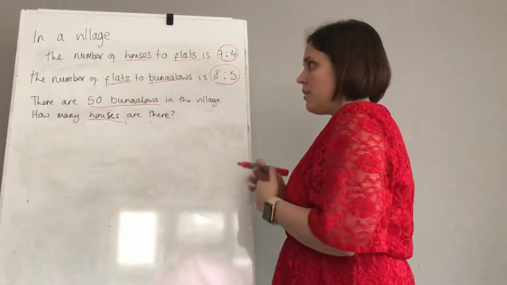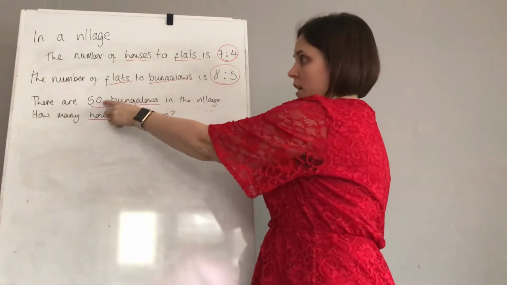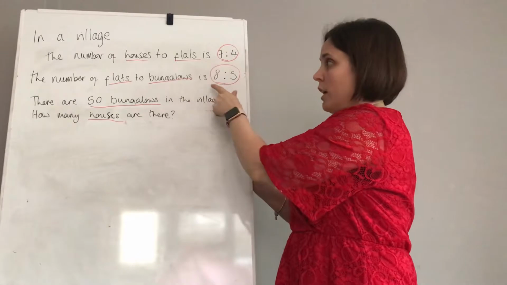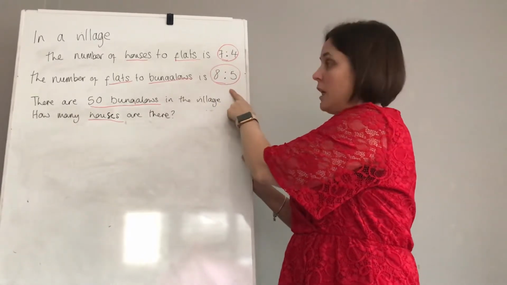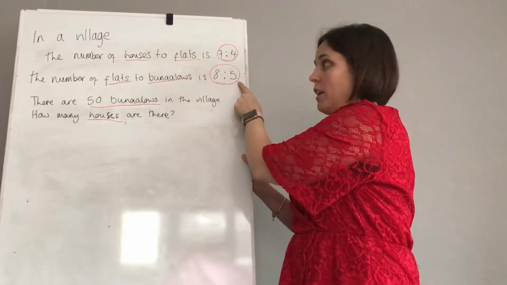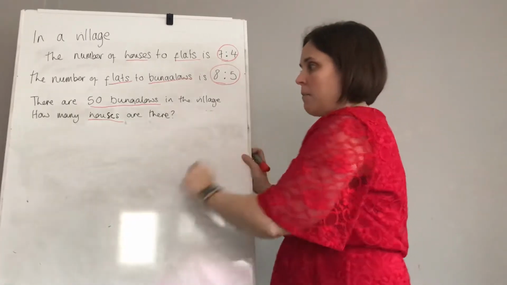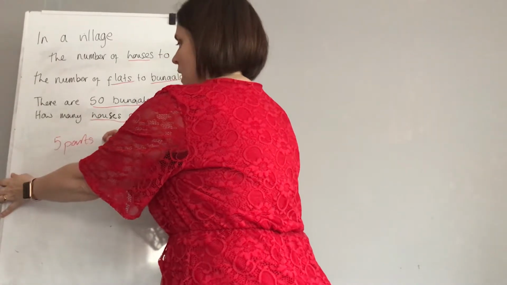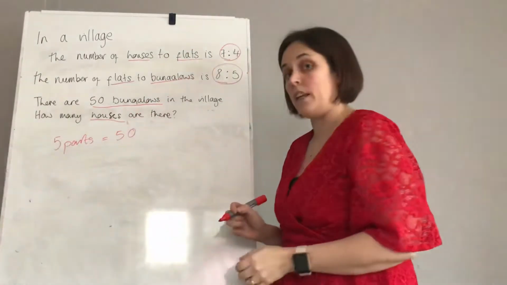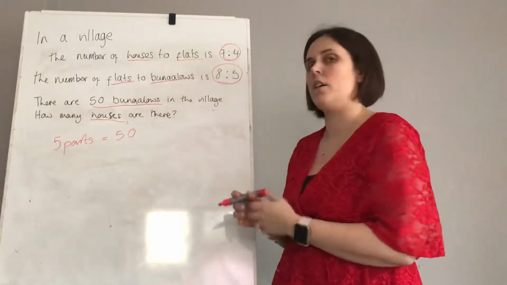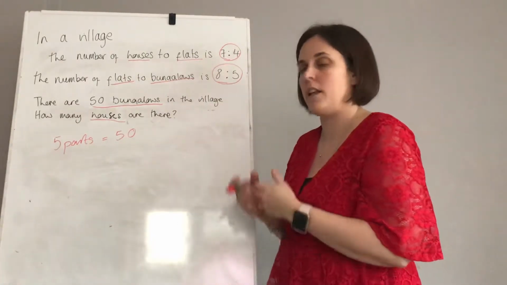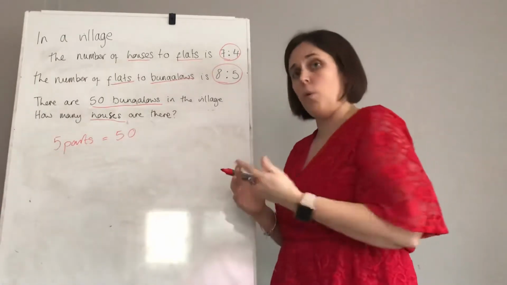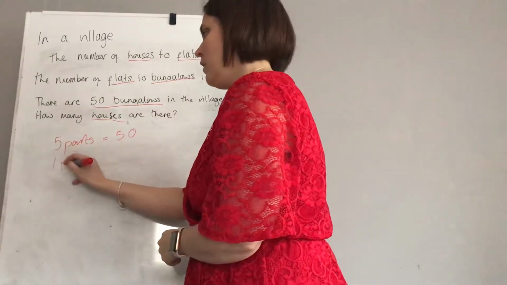That has to be clear in your head. So the first thing you need to look at is, as I said, the fact that you have 50 bungalows here. The only ratio that includes bungalows is this one here, which is 8 to 5, and the 5 relates to bungalows. So that means that 5 parts is equal to 50. In this case 50 bungalows, but it could also be the houses or the flats. It just relates to the number 50. So that means quite easily that 1 part is 10,